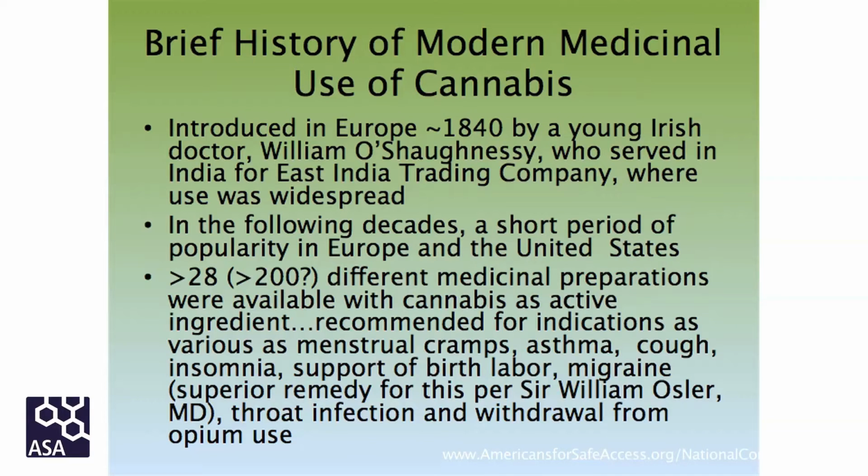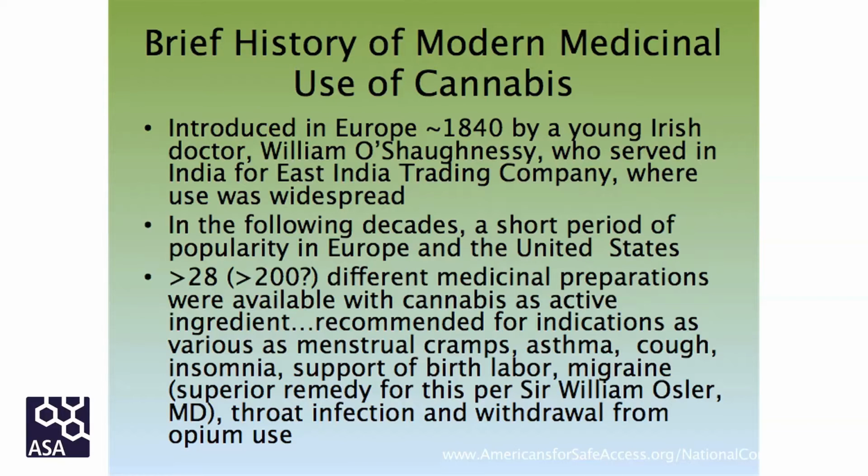So then the other history piece is the fact that in 1840 was the first modern scientific approach by a doctor to study cannabis, by O'Shaughnessy in India. After he showed that it was useful in tetanus, in spasms, and rabies, a few other conditions, things based on hyperexcitation of the nervous system, he was able to publish that. He was eventually knighted for laying the telegraph throughout India, but this other work of his was very important and led to more than 200 different medicinal cannabis preparations that were in circulation in the United States